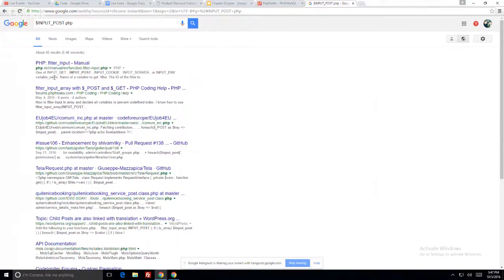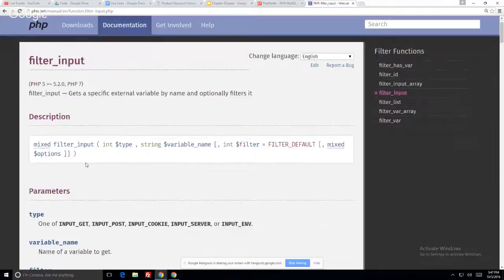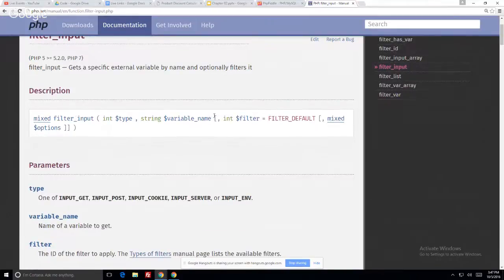All right, so filter input is going to get a specific external variable by name and optionally filter it. And I told you that if you have those square brackets in a syntax definition, that means that,